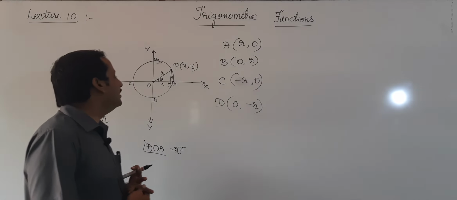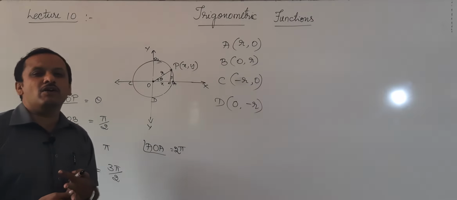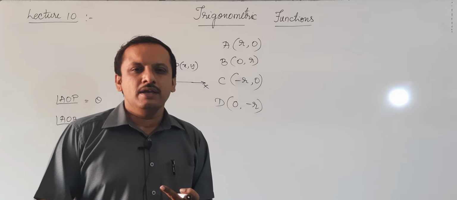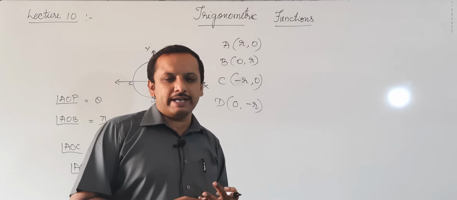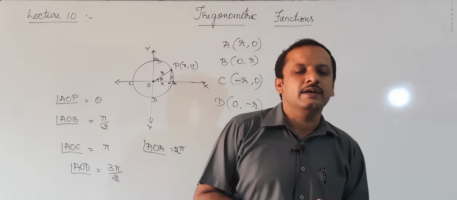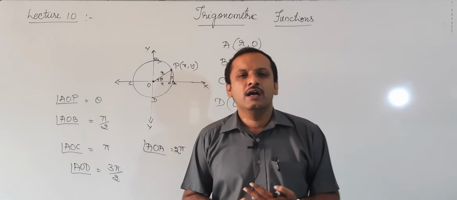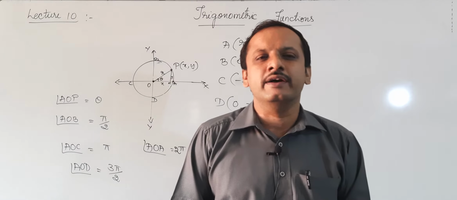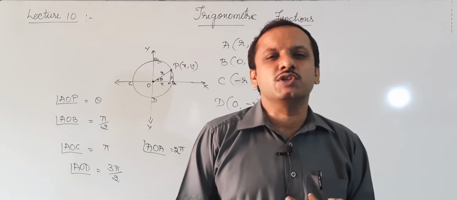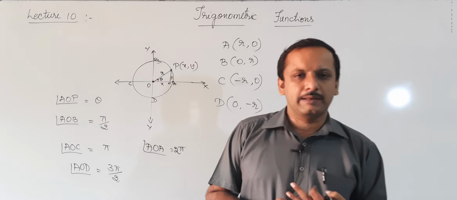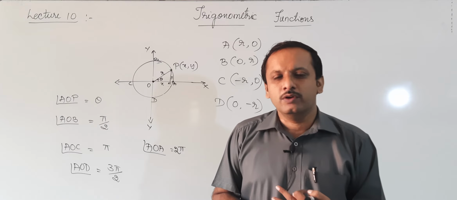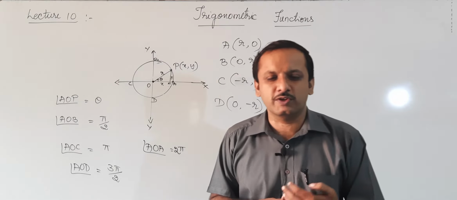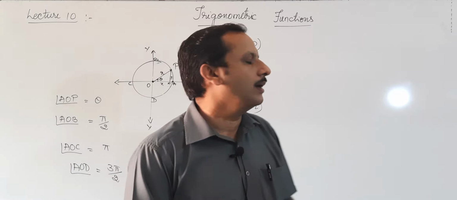Any multiple of pi by 2 is called a quadrant angle. Now I am interested in knowing what the trigonometric values are at those quadrant angles, and whether they are positive or negative. Depending on the quadrant where that angle lies, we have seen how to find whether the given trigonometric function is positive or negative at that particular angle. But I have not told you what happens when it is on the boundary, whether it is positive or negative. That I am going to discuss now.